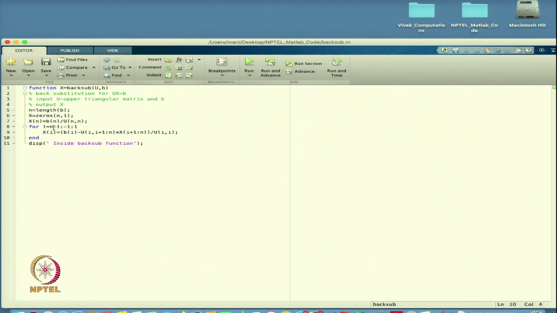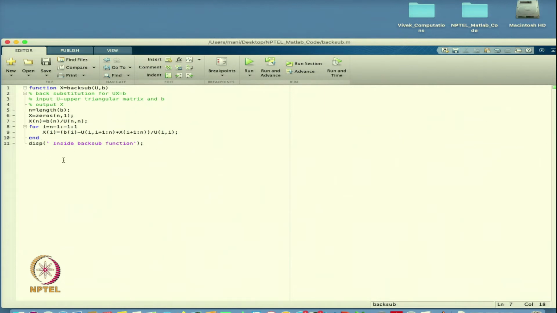So, it will give n minus 1, n minus 2, n minus 3 up to 1, and then I will find the value of solution x i. That is equal to b i minus u i, i plus 1 to n, multiplied by the previous values, whatever we have found from here, and divided by u i,